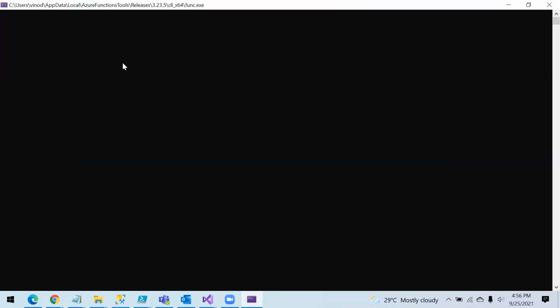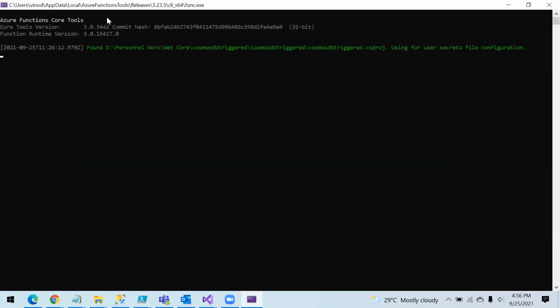It is just taking some time to start that CLI screen and list these functions. Yeah, so here we have a Cosmos DB triggered function with the name Cosmos DB trigger. So this is ready now.